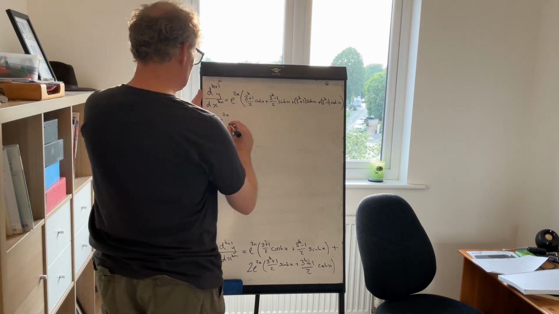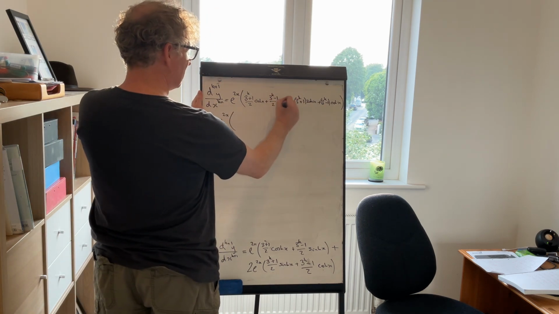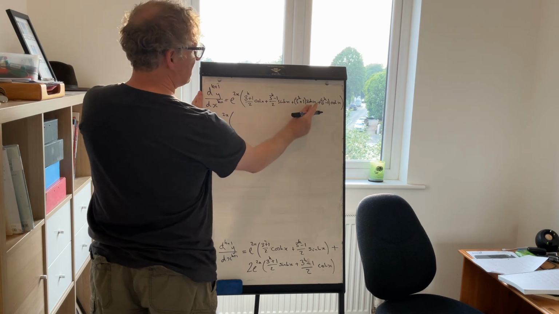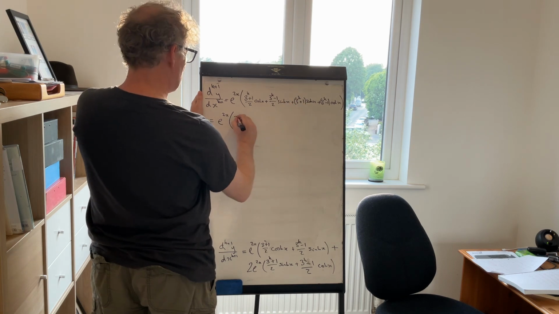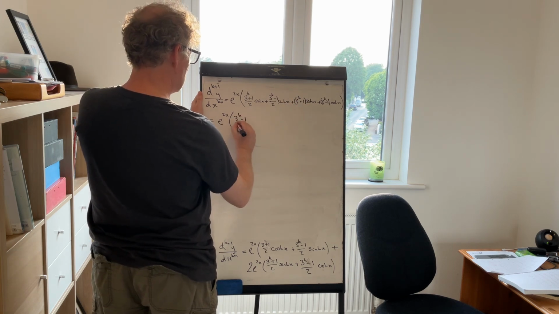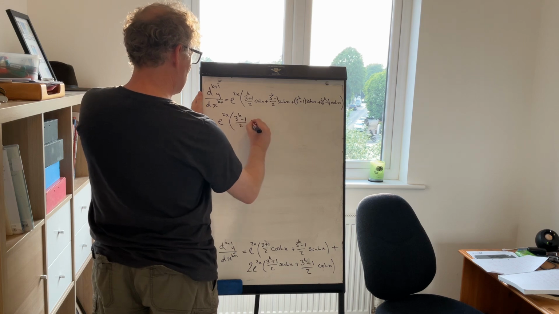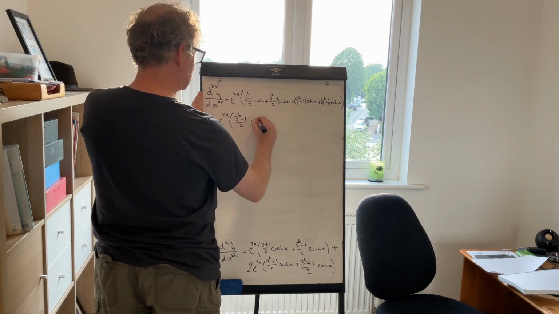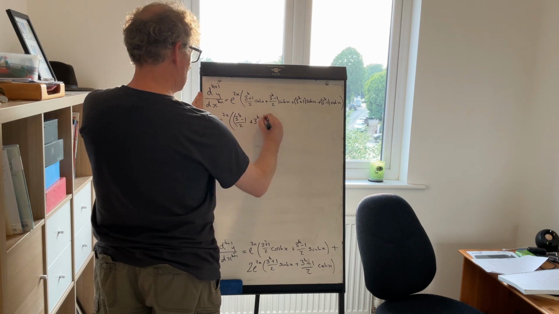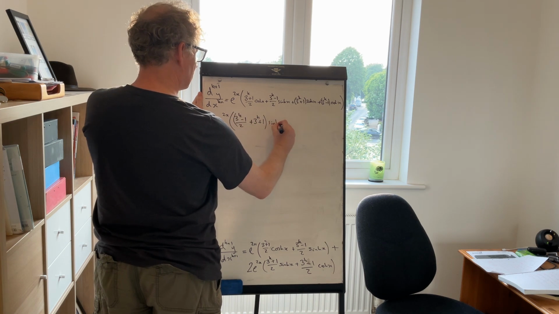So let's just factorise out the sine x if you like. So I've got 3 to the k minus 1 over 2 plus 3 to the k plus 1, lots of sine x,